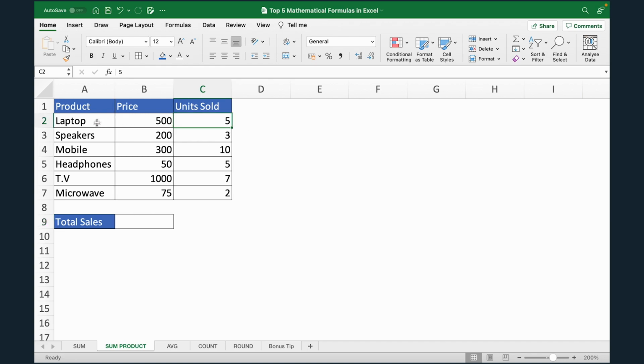Here we have product as laptops, there is the price and there is units sold, then we have speakers, price and units sold, and so on and so forth. So we essentially have prices of all the different products and we have the units sold of each of these products. So if I were to calculate the total sales that we have achieved, we'll have to first multiply the price by units sold for each of these products